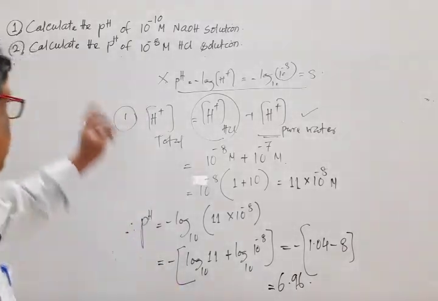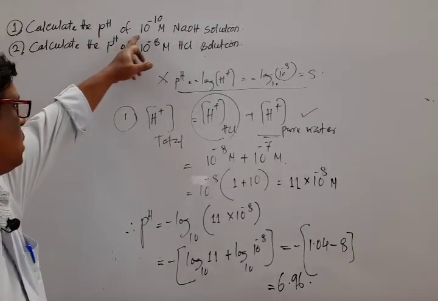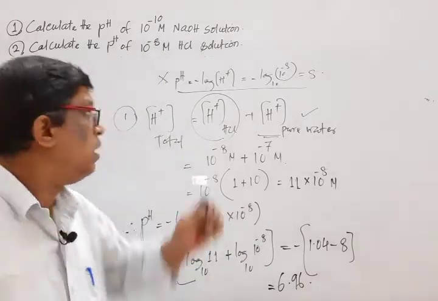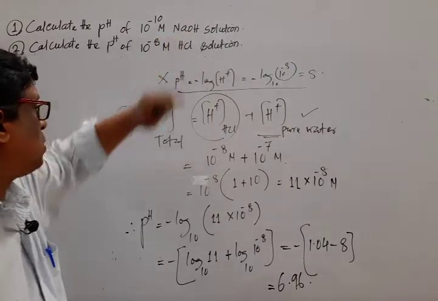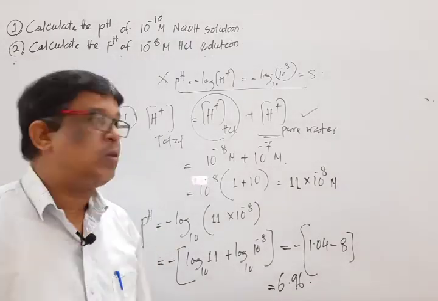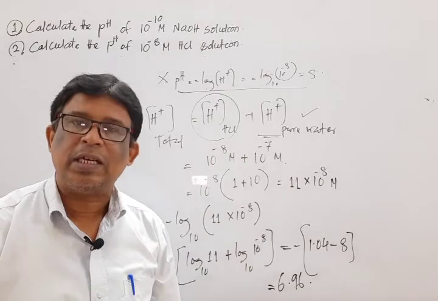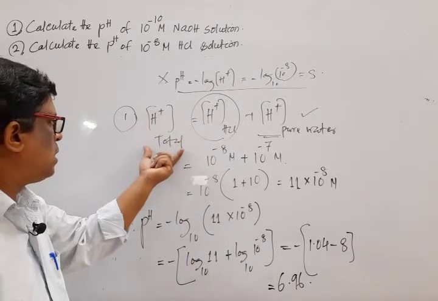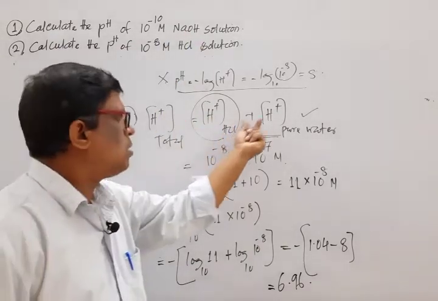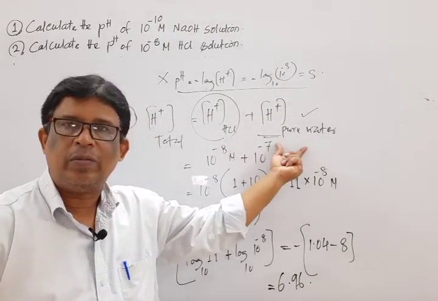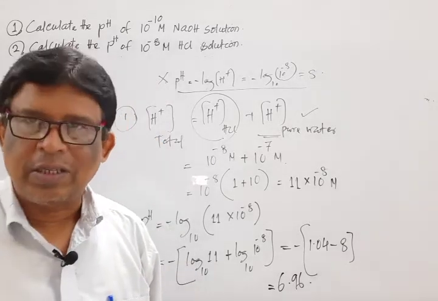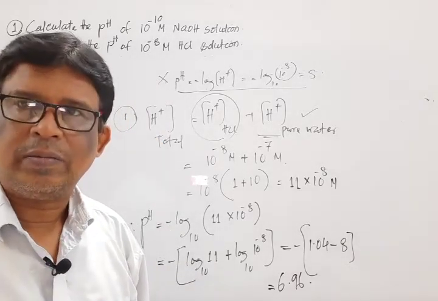Okay. Similarly, mark the question, it is homework for you. Calculate the pH of 10 to the power minus 10 M NaOH solution. If we normally apply this one, then NaOH means OH minus ion is 10 to the power minus 10, and it is not possible. So in this case also, we first calculate the OH minus ion concentration. The total OH minus ion concentration is equal to the OH minus ion concentration of the given NaOH solution plus the OH minus ion concentration of pure water. Okay, try to solve this one. If not, then we discuss it in the next doubt clearing class.